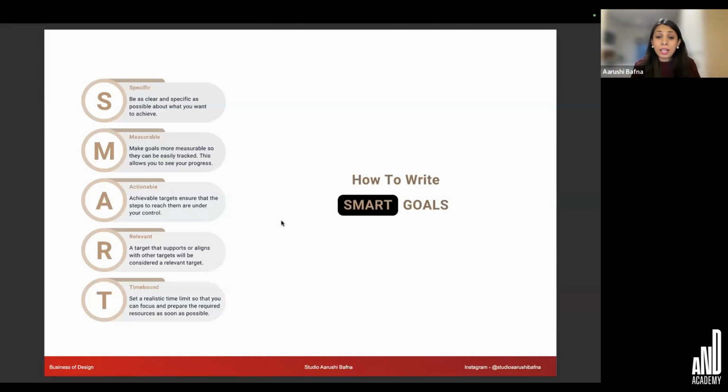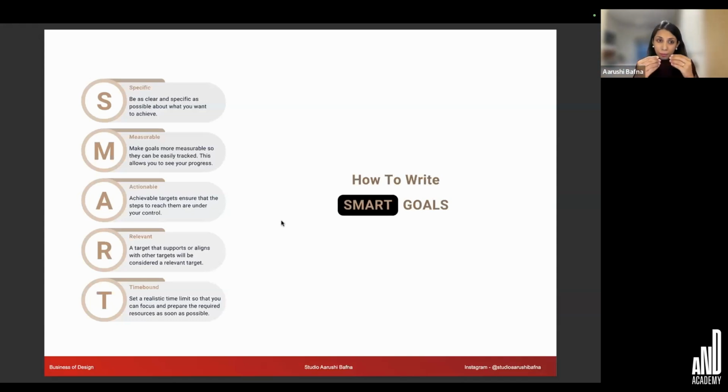Make it actionable in the sense that, if I had to be part of Godrej Design Lab, where does Godrej Design Lab happen? It happens in India Design Week. How do I apply there? I have to go to Godrej and find a person who is responsible for the decision making process in Godrej Design Lab, and that's how my chain of reaction would go. Okay, so be very specific, make it measurable,